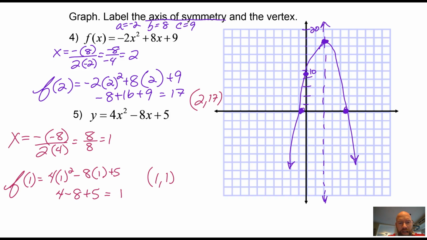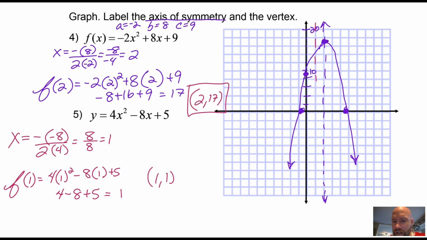All right, Algebra 1 students, I actually realized while I had my video paused there that I did not give you your vertex in an ordered pair in number 4, so I missed points there. So I went ahead and did that for you, but I came up with my axis of symmetry and my vertex on number 5. This is what you should have come up with, is x equals 1,